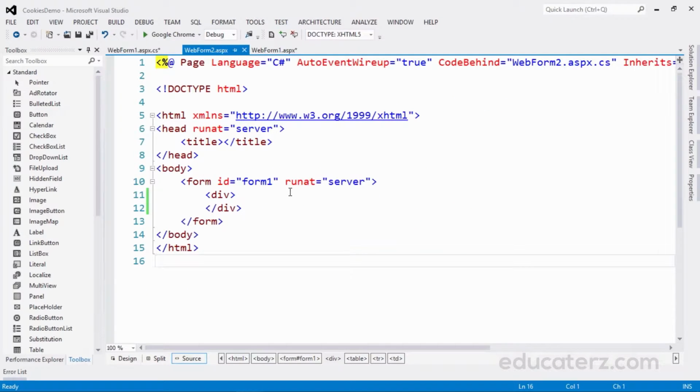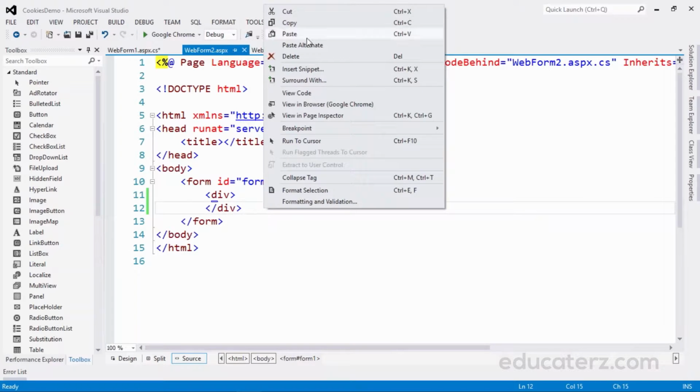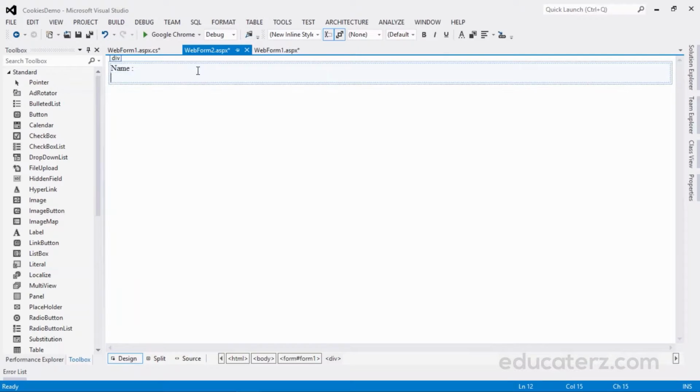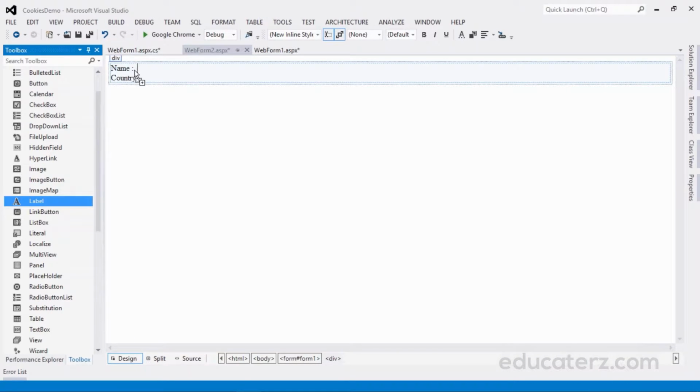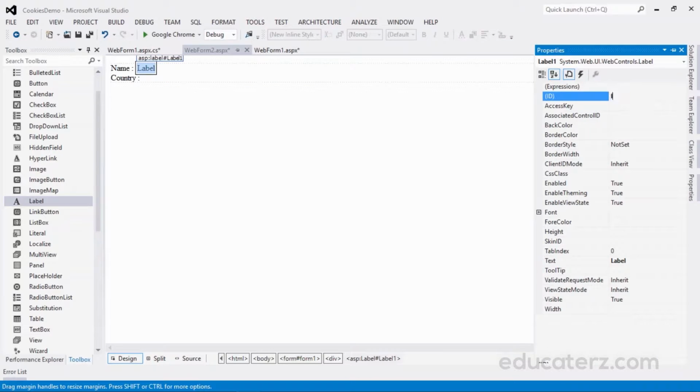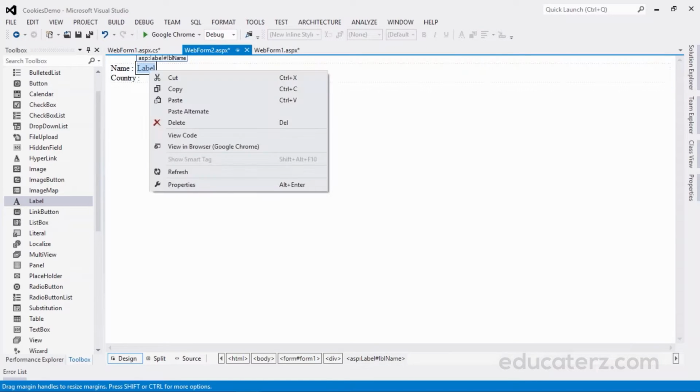Now what I want is to display this name and country in web form 2. For that, let me design quickly. Go to the design mode. Here, name and country. And for each one I am taking a label to display the actual data which is coming from WebForm1.aspx. lblName, I don't want text.